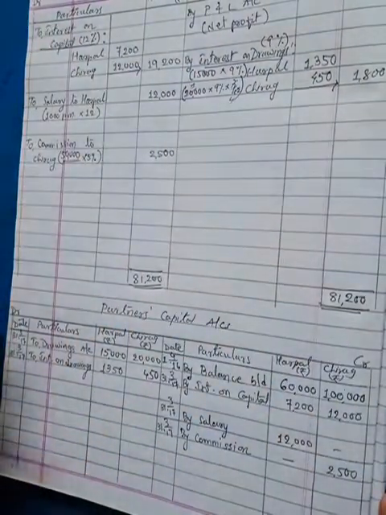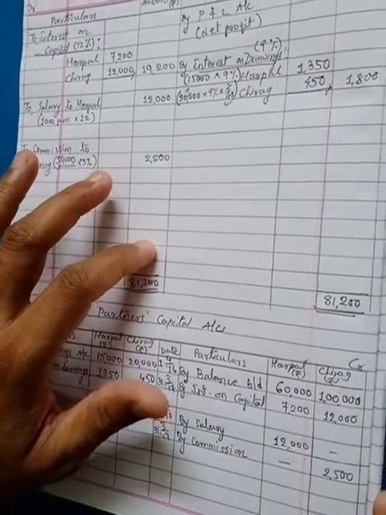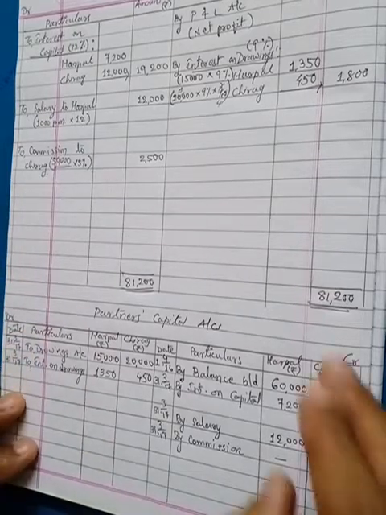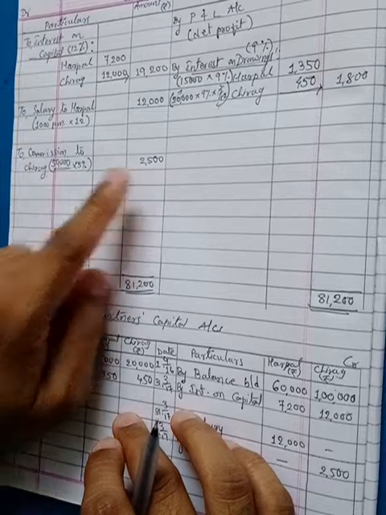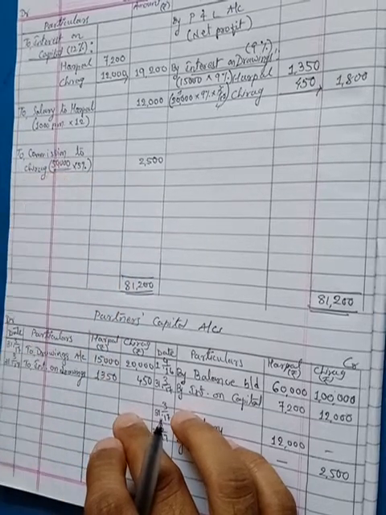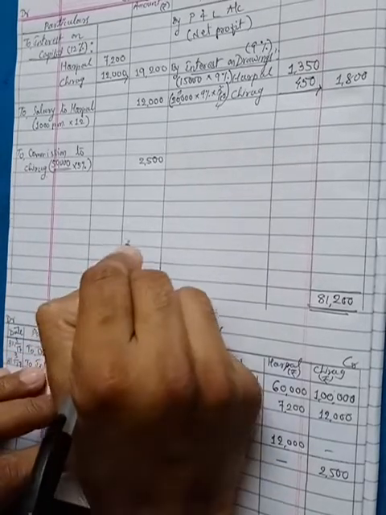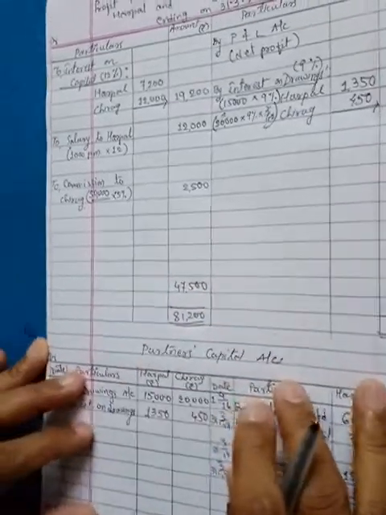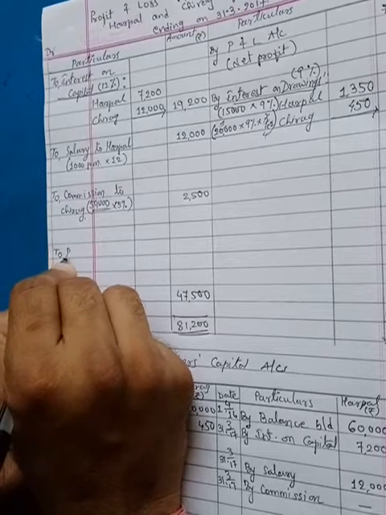So all the effects are now over, so we can now find out the difference of this, and that difference will be considered as divisible profit, which is distributed among the partners. So total is the same, only this much additional amount we have recorded. From the 50,000 profit we got already, we'll deduct 2,500 so that we can get the divisible profit, which is 47,500.